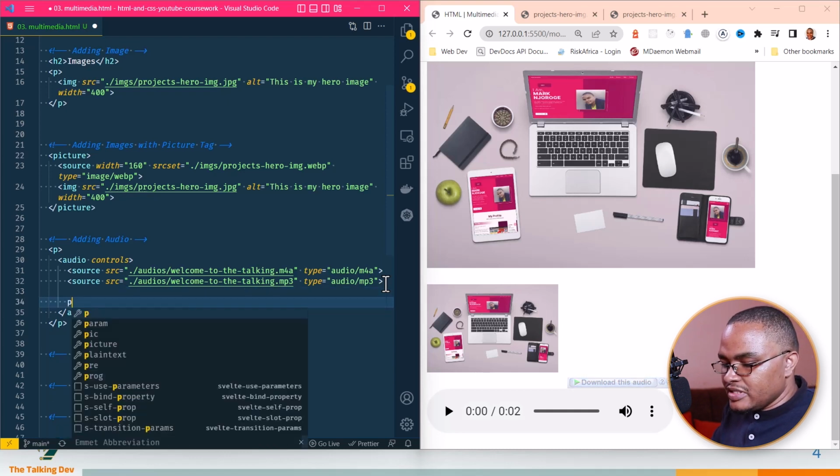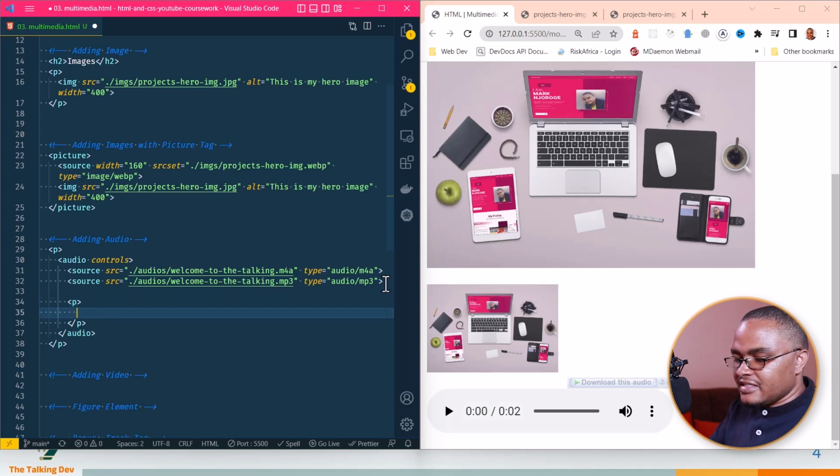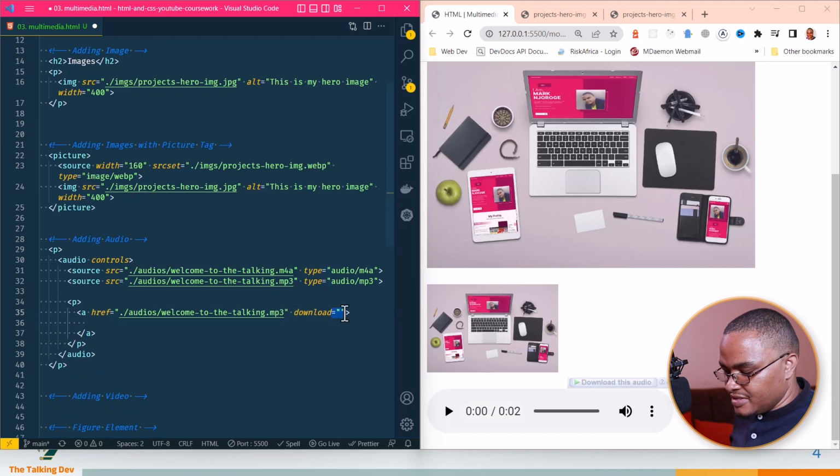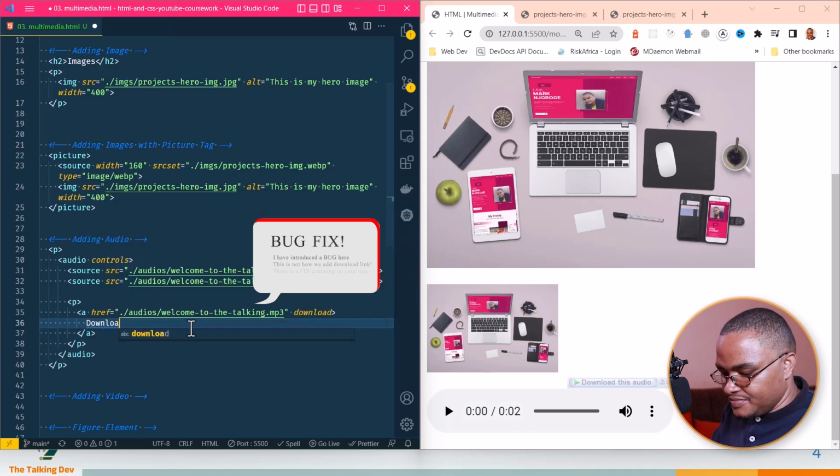Another thing that you can do is add a fallback information to tell the user, well, if their browser does not support this tag, what they can do is download. So we can add an anchor tag there, and add again this one. Let's add the mp3 there. We have mp3, and we click download. I don't know, it's supposed to be download without anything. Exactly, and then you say download